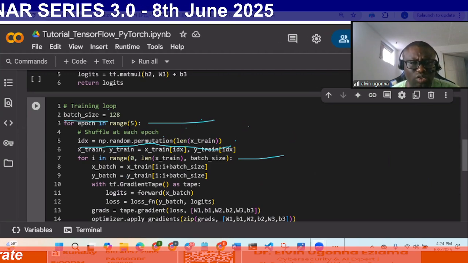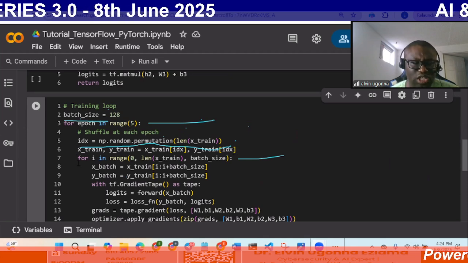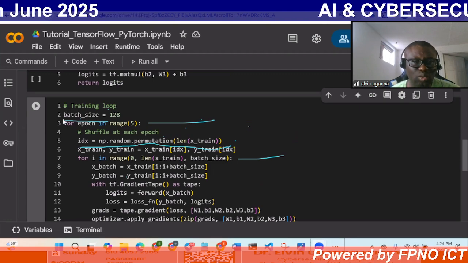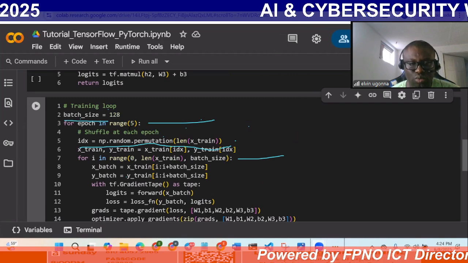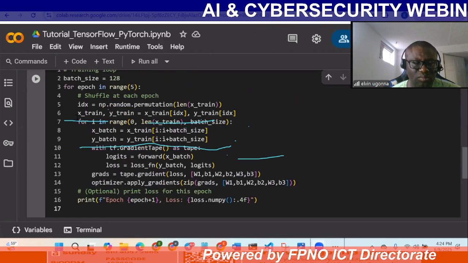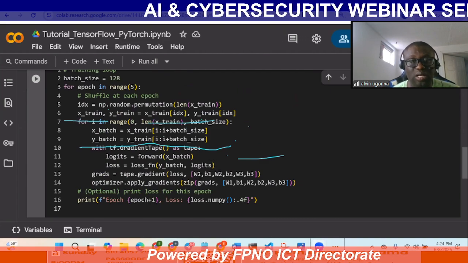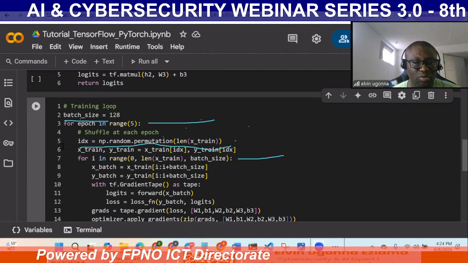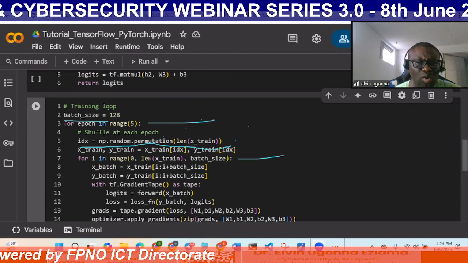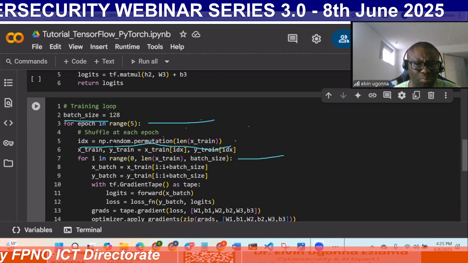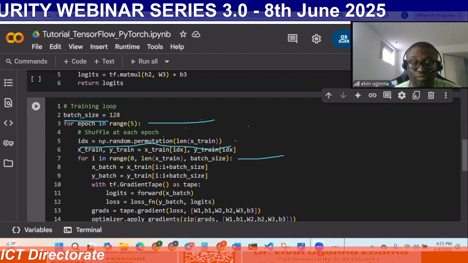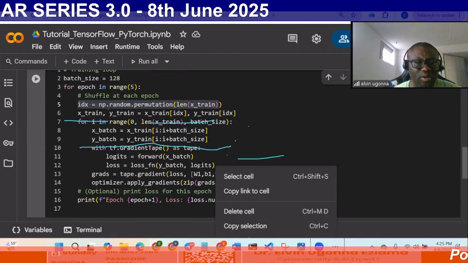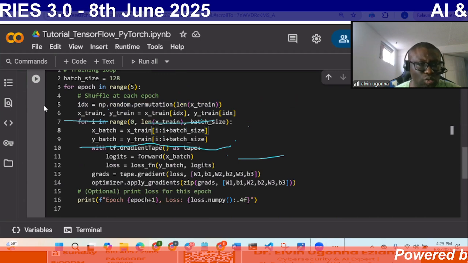So we'll have the inner and the outer loop, more or less a nested loop. This outer loop takes care of the number of epochs, right? If you don't call it epochs, you can call it iterations, but in AI implementation we call it the number of epochs. Now you do some permutation process. You shuffle, this helps in the shuffling process. Having done that, you can proceed